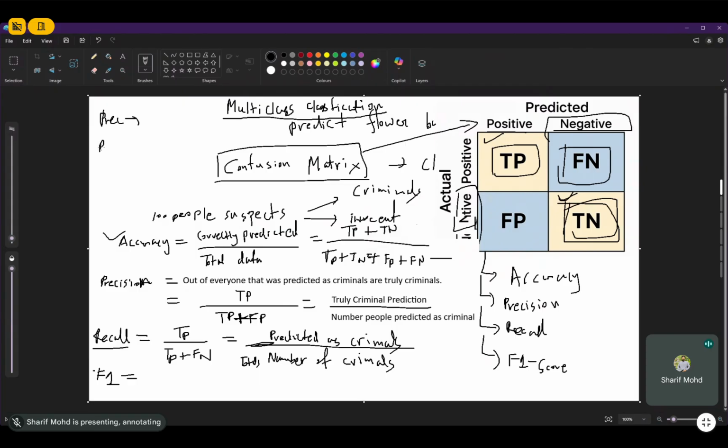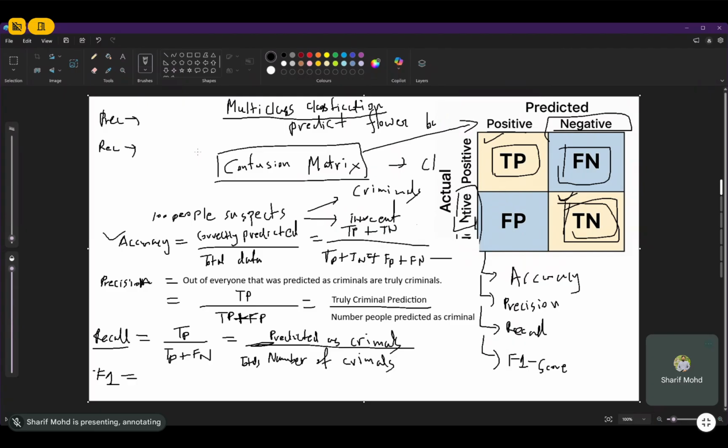And if you have good recall, then the chance of a criminal being not identified will decrease. ধরেন আমার অনেকগুলো ক্রিমিনাল আছে, ওদেরকে আমি ঠিকমতো আইডেন্টিফাই করতে পারিনি। So criminals will actually walk on the city completely free, right? So precision ভালো থাকলে, শুধু যদি precision ভালো থাকলে, you might not accuse the innocent people wrongly, but because of that reason, many criminals might be walking on the city absolutely free, if only the precision is